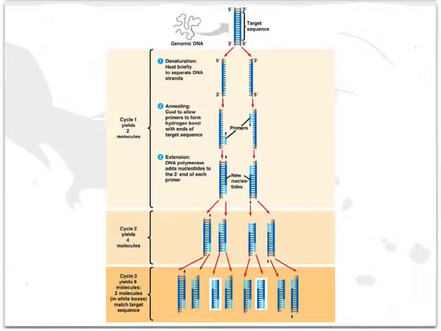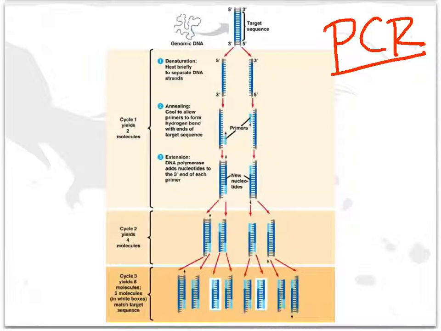Once we've screened our electrophoresed gel, once we've screened our DNA using the southern blot technique, now we've got a specific target sequence of DNA that we have a small amount of that we'd like to amplify. Again, we can do such amplification with the method that we talked about on Friday, known as PCR, or the polymerase chain reaction. This polymerase chain reaction amplifies DNA by using complementary primers to the gene of interest on each complementary strand. We use DNA polymerase to extend those strands. And if you recall, if you take a look closely,